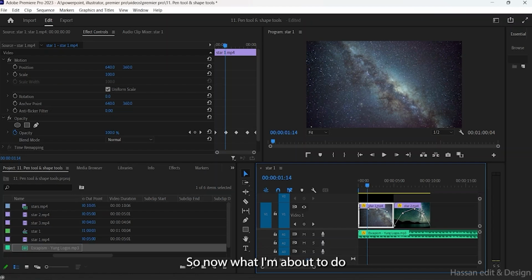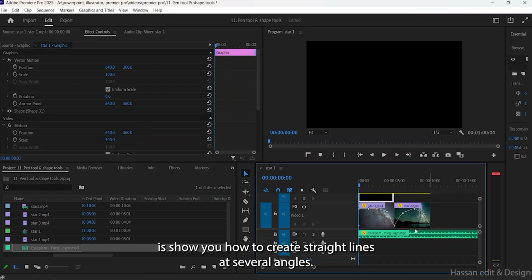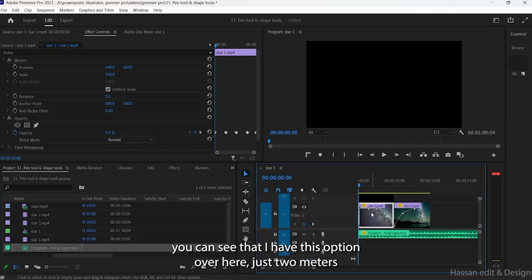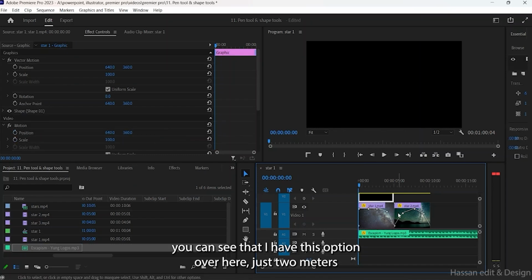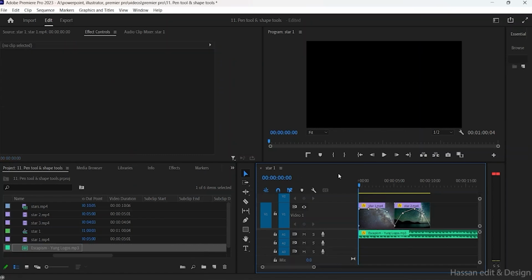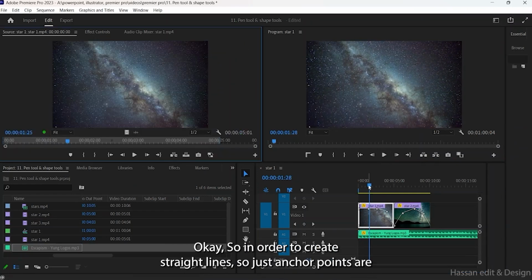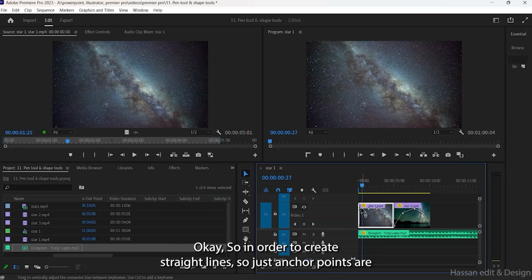Now what I'm about to do is show you how to create straight lines at several angles. First, over here you can see that I have this option. Let me just delete this. If I play the video, you'll notice that this is what it looks like. So in order to create straight lines,